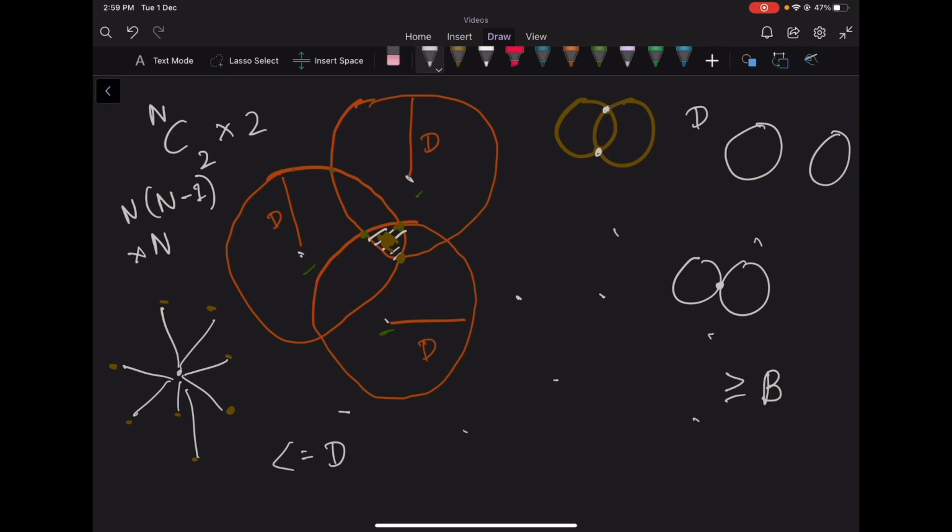But now, how do we find the intersection of 2 circles? So now our problem is finding the intersection of 2 circles. Checking if 2 circles intersect or not is easy. If the distance between these 2 points is greater than 2 into d, then the circles will not intersect, otherwise they will intersect. So let's assume that the distance is less than or equal to 2 into d, so they do intersect. So consider these 2 circles.